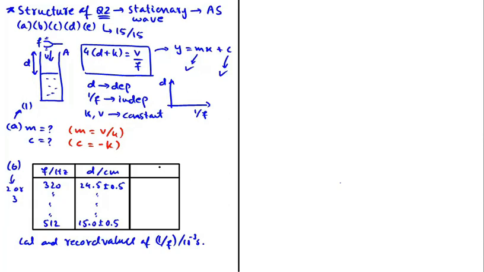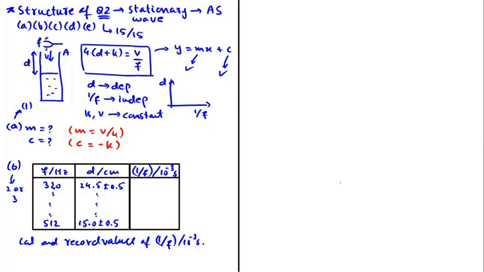Students, note that the heading cell of the column is blank. It is not usually the case. Usually, the quantity, the values of which are to be calculated and recorded in the blank column is stated here. But if it is blank, it means that now we have to write column heading for this column. So let's write column heading for this column first using standard conventions. 1 over f forward slash mark and unit of 1 over f are 10 to the minus 3 second.